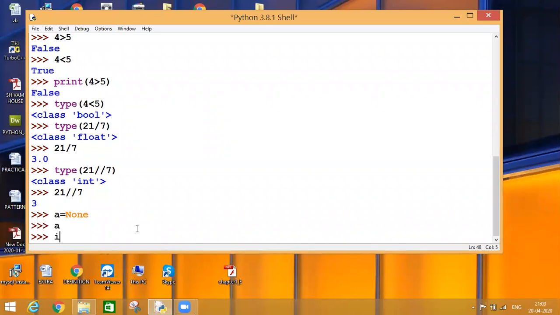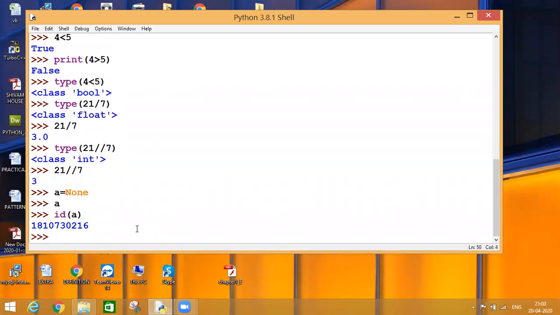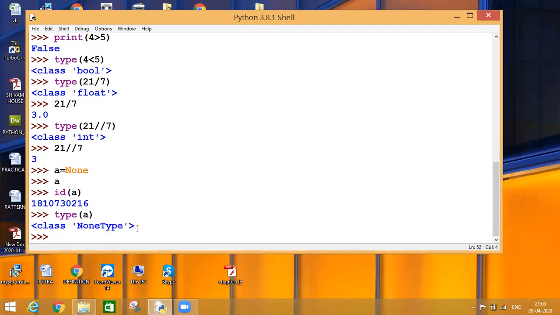Like if I check the ID of A, it is getting a particular address in the memory, but it is not holding any value. And if I want to find the type of my A, then I will get NoneType. This is my empty variable, which is not holding any value.